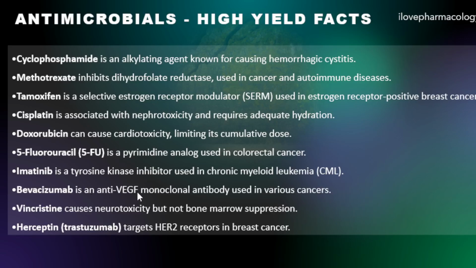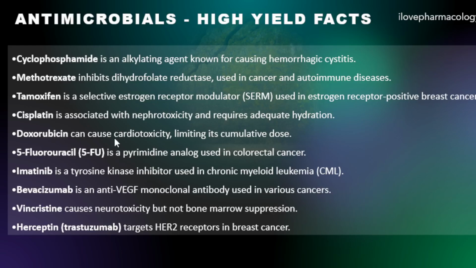Bevacizumab is an anti-VEGF monoclonal antibody, vascular endothelial growth factor monoclonal antibody, which is used in various cancers. Vincristine causes neurotoxicity but not bone marrow suppression. Herceptin, which is trastuzumab, is used in the treatment of HER2 receptor breast cancer. And recently, trastuzumab has also obtained FDA approval for the treatment of lung cancer, that is the non-small cell